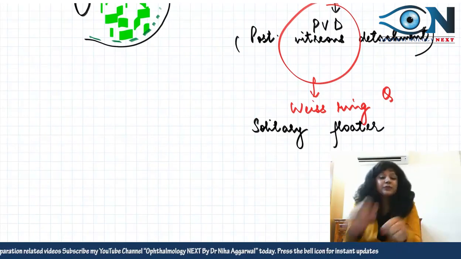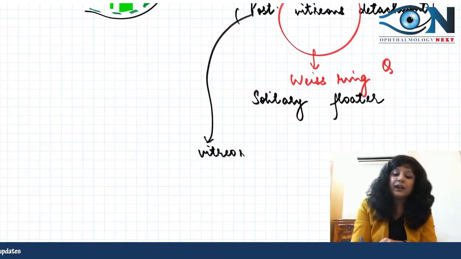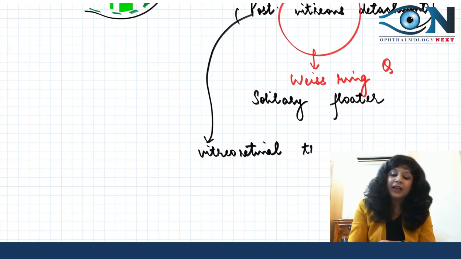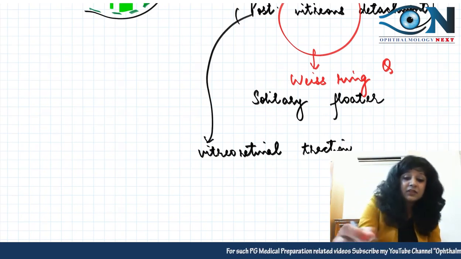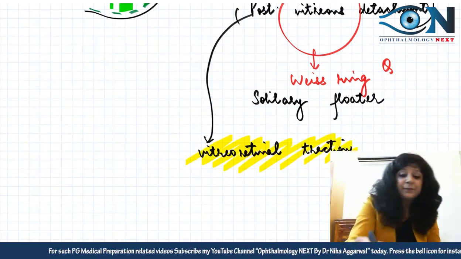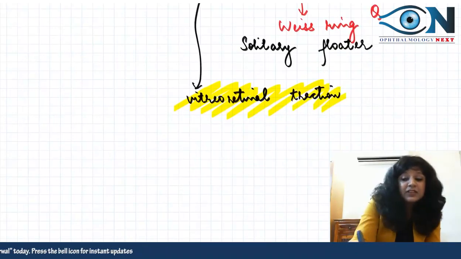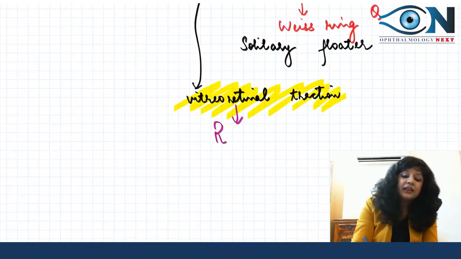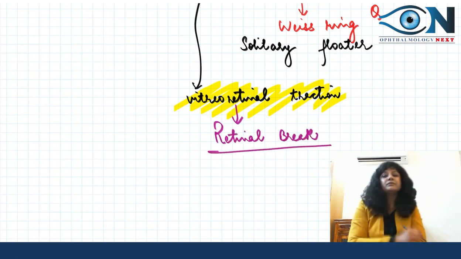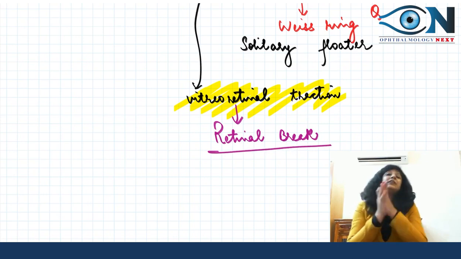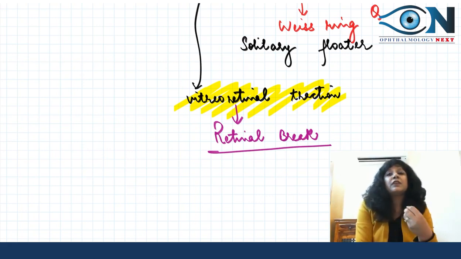Now there is a detachment of the vitreous. Due to the detachment of the vitreous, there will be retinal traction. Vitreoretinal traction. So this is actually exerting the traction on the retina, and this is actually the key word, I will say. This is the key word why the rhegmatogenous retinal detachment is taking place. This vitreoretinal traction is actually leading to the retinal hole, retinal break, or whatever you call it, retinal tear. So this is how we have seen why old age patients have more chances, or those who already have degenerations where we have overstretching.